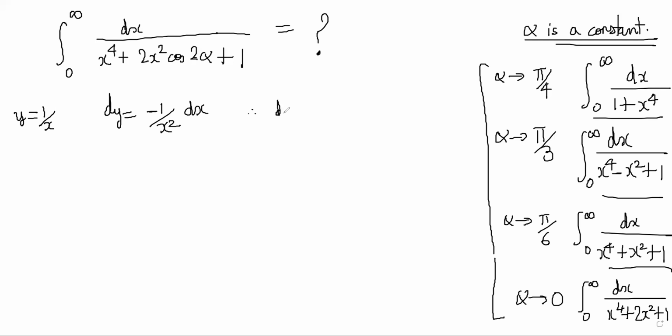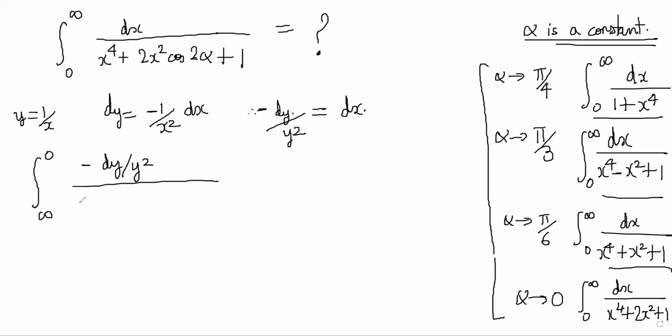therefore this is dy into x square, which is 1 by y square, so minus dy by y square is equal to dx. And if x tends to 0, y tends to infinity, and if x tends to infinity, y tends to 0. So this becomes infinity here and 0 here, and dx becomes minus dy by y square. And this one in the denominator is 1 by y power 4 plus 2 by y square cos 2 alpha plus 1. Simplifying it a little bit, by flipping the limits you get 0 to infinity